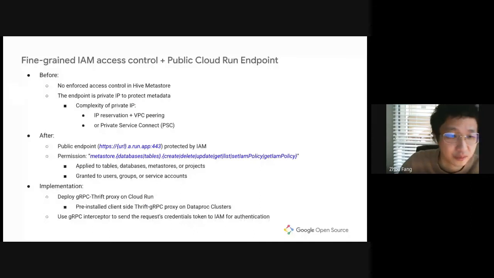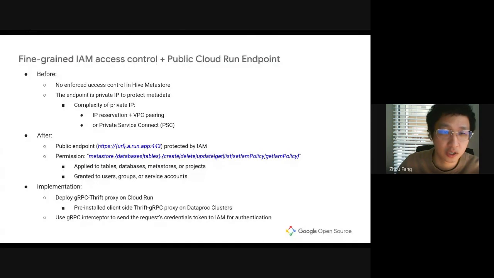Okay, let me jump back to the original presentation. So in the previous demo, I showed how the proxy idea I described works in our product. And now the next slide is that now we have gRPC. How do we build a new application when we have the superpower of gRPC? So the important feature that we build, I give an example here, called fine-grained IAM access control and public